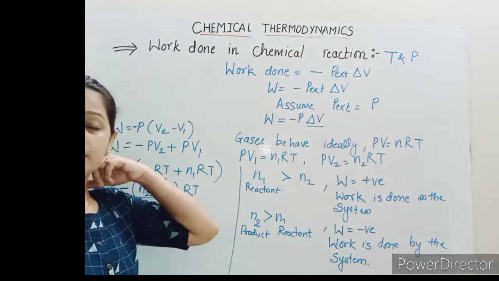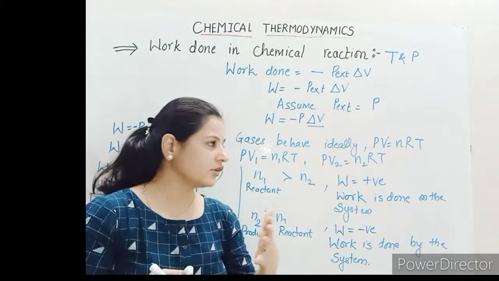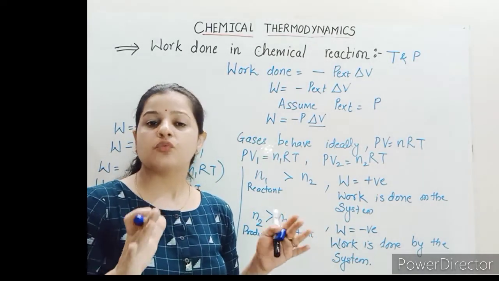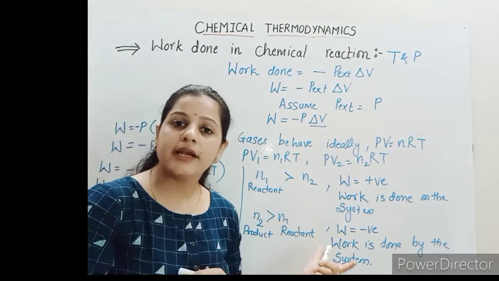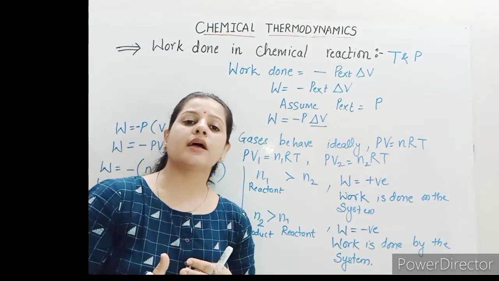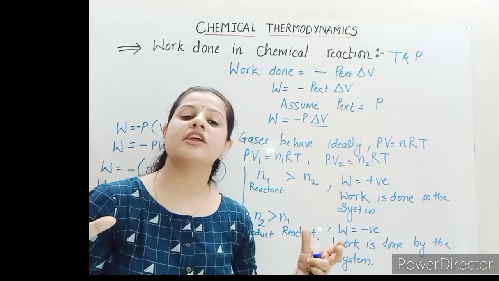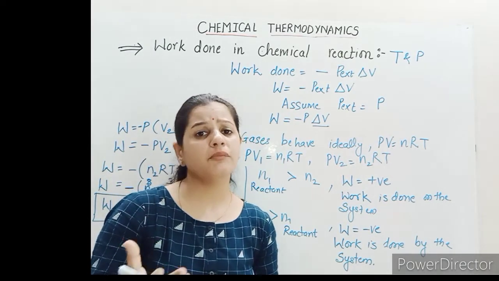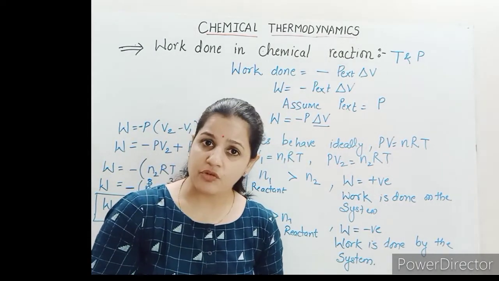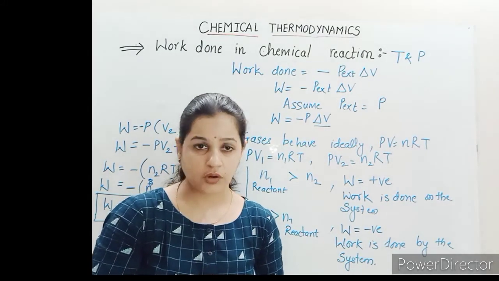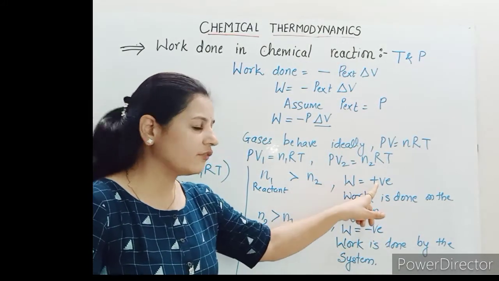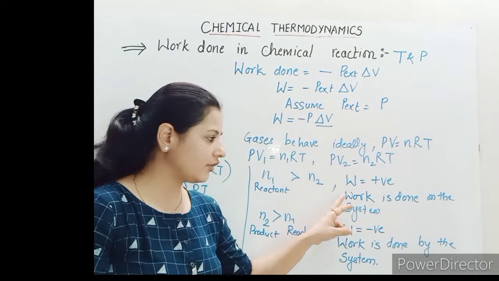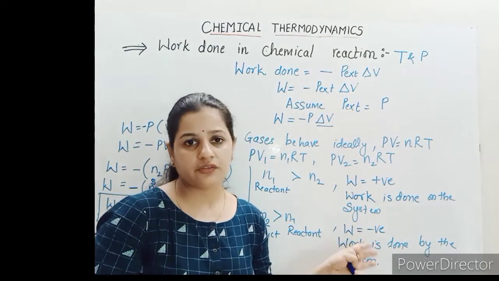अब क्या रहेगा, बहुत से न्यूमेरिकल्स में आपको वर्क डन पूछा जाता है. We will also see some numerical like that in today's video also. Now in these numericals, what you have been asked is to calculate the work done. आपको एक रिएक्शन दी रहेगी गैसियस फेज में, and you have been asked to find out the work done. And from that work done you have been asked to tell whether the system is doing the work or the surrounding is doing the work. So from the value of this W, whether it is positive or negative, you can find out what type of work is done, whether the work is done by the system or on the system.